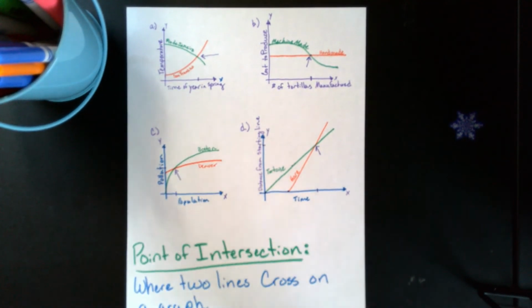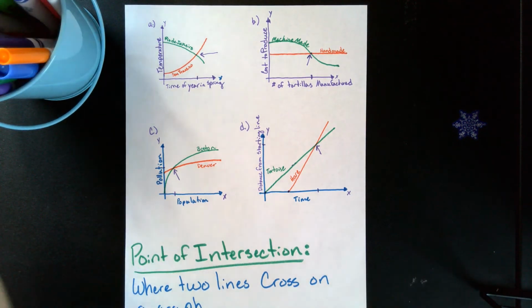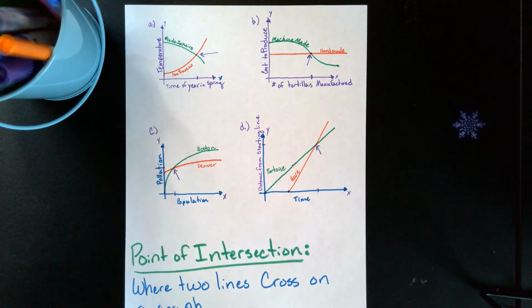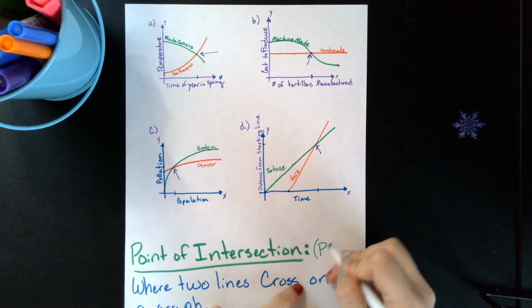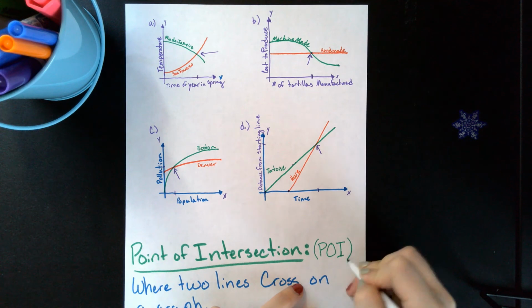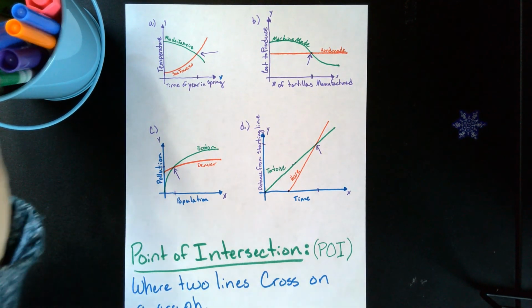Points of intersection on a graph, like I said, is a very easy concept. If you struggle with it, please ask questions. It's one of those concepts where you either get it right away or it's like pulling teeth to understand. So if you don't understand it, please let me know. Something that Ms. Schmidt will bring up, and I just want to point out before you get there, point of intersection is really annoying to write, especially when you have a graph that has numerous points of intersection.